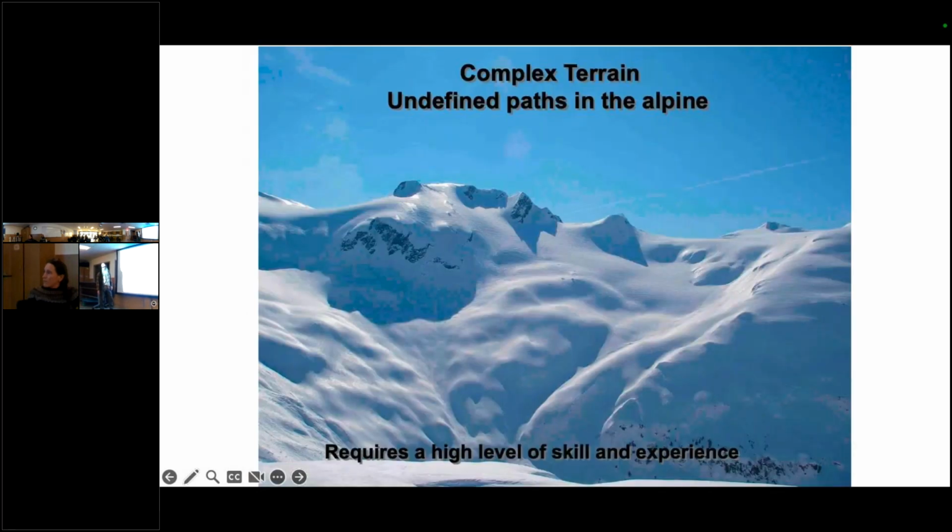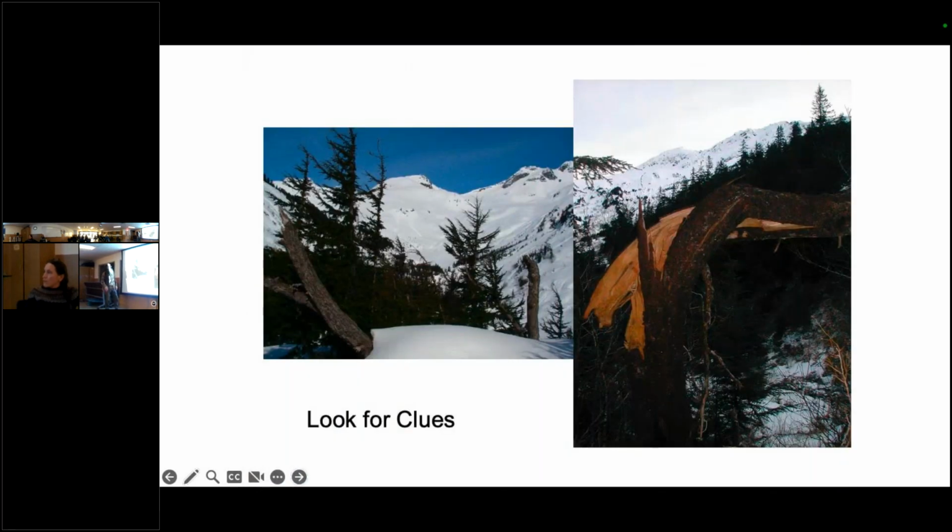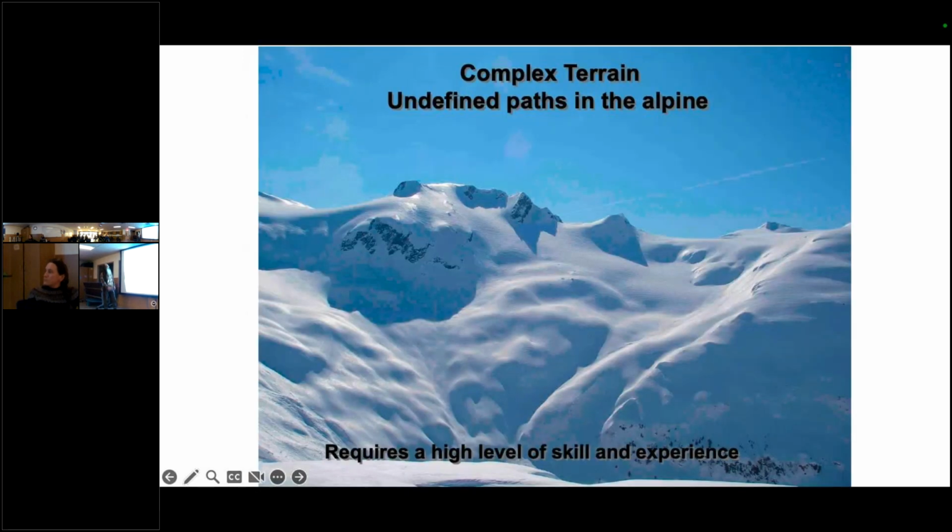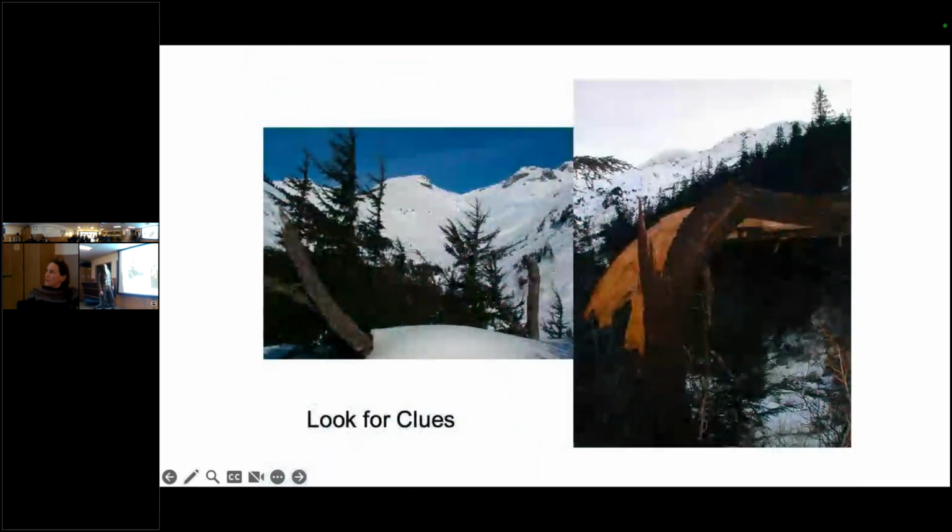Other clues you want to talk about, or is that later? I think you got some shooting cracks stuff later, don't you? Yeah. That's just whether you're in avalanche terrain, if you're out kind of in the woods or in the flat country and you're wondering if you're even in avalanche terrain. If you see broken trees and flagged trees, you're probably underneath a path.